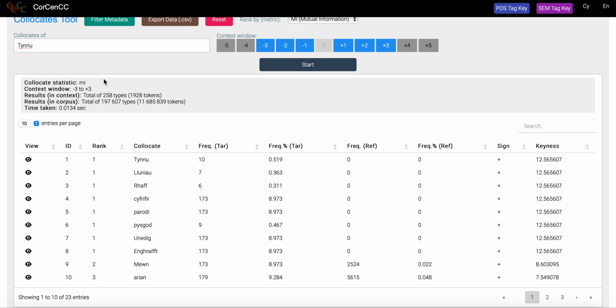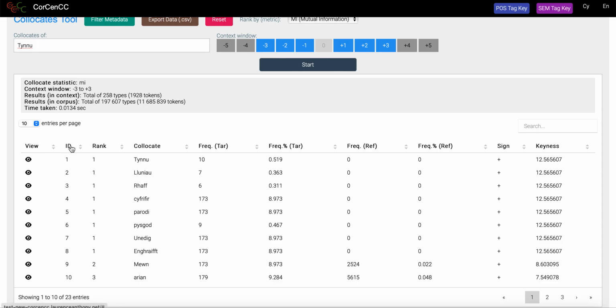Results in context are also shown, denoting how many times the search term and collocates co-occur within the context window, types and tokens. The number of times the results occur in the entire corpus, and the time taken to derive the results. The results themselves are sortable by their default rank order in the list, the ID,